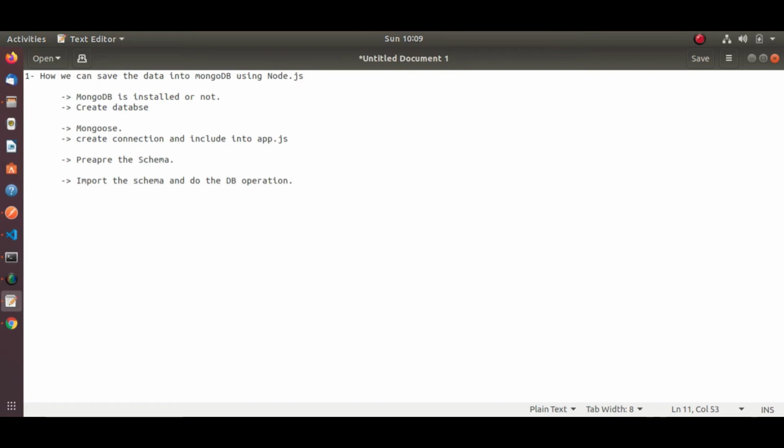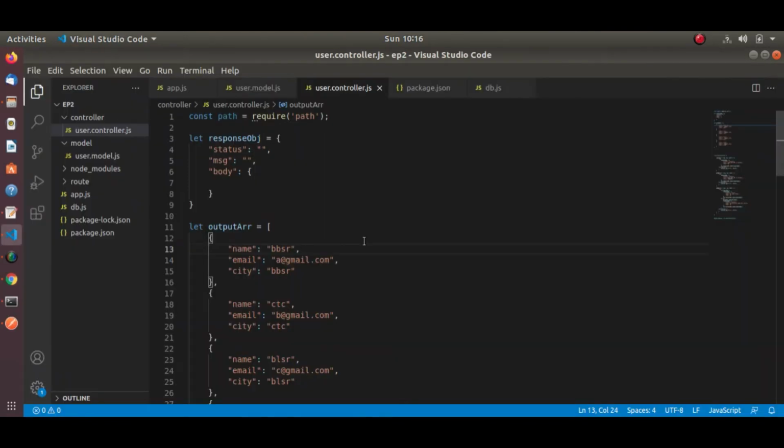So let's go to the editor window. Inside my controller.js file, let's import the model file.